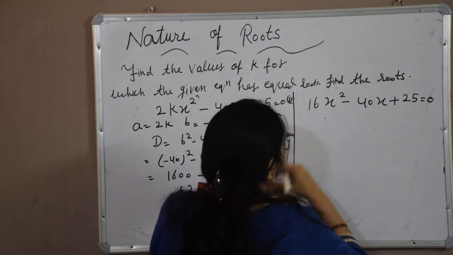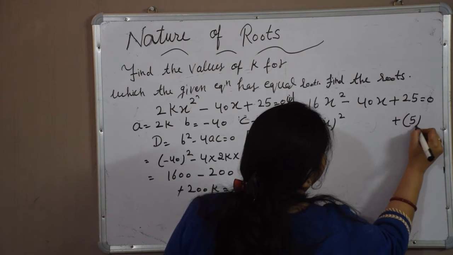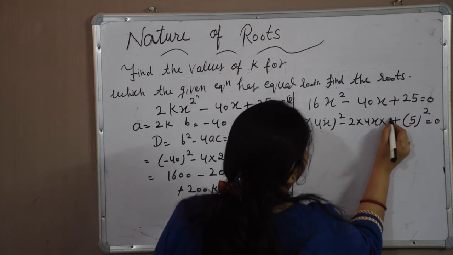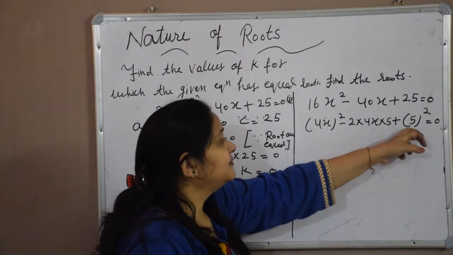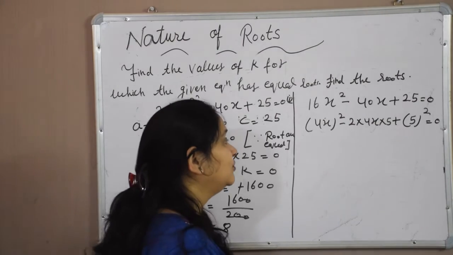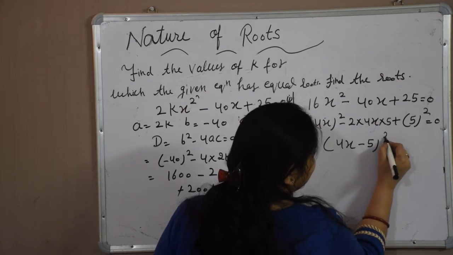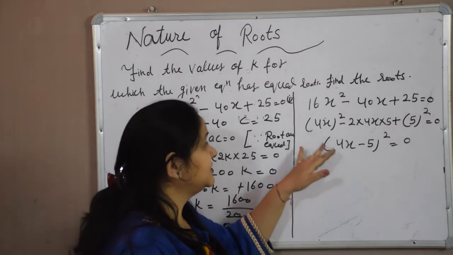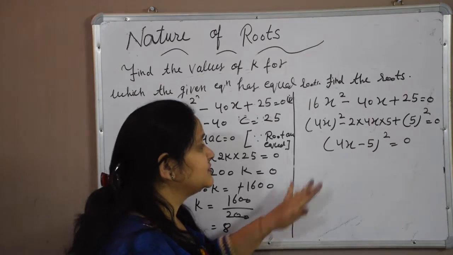Okay, I will tell you how we can write it. We can write it as 4x whole square and this is 5 whole square minus 2 into 4x into 5. So 16x square minus 5 4s are 20, 2s are 40x plus 5 whole square. So it becomes a square plus b square minus 2ab, and we know that it is a minus b whole square. So we can write it like 4x minus 5 whole square. So see how easy it became. There are different types of questions and I am trying to take each category so that you can solve easily.